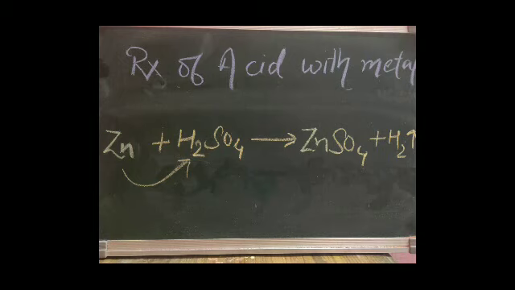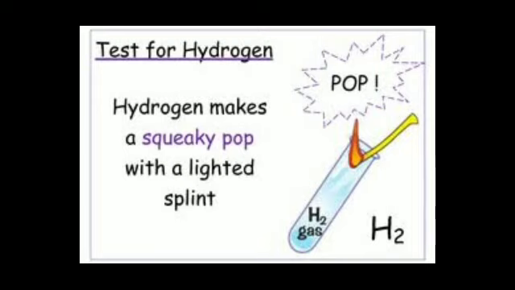Then how can we verify that only hydrogen gas is produced in this reaction, as there are many more gases like oxygen and carbon dioxide that are also colorless and odorless? So to verify the presence of hydrogen gas, we do the pop sound test. It is a unique type of test which is only possible in the presence of hydrogen gas. When we react metal with the acid, it produces hydrogen gas. So to verify it, we bring a burning matchstick near the mouth of the test tube.